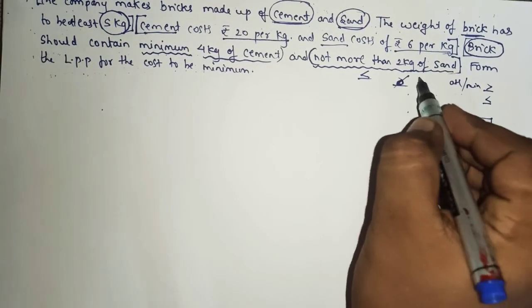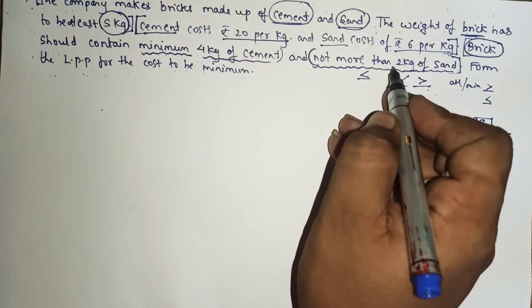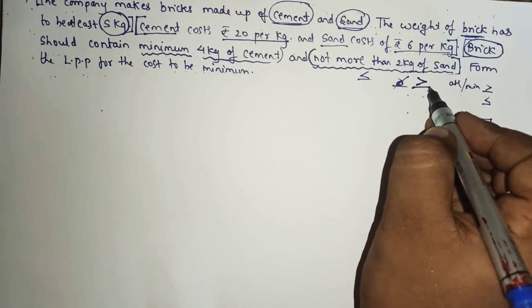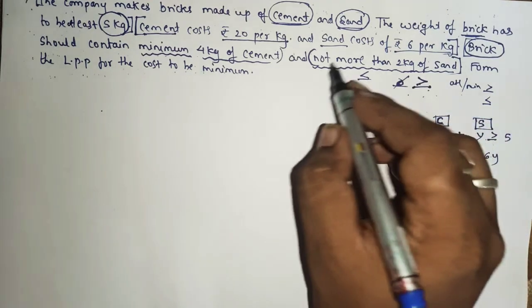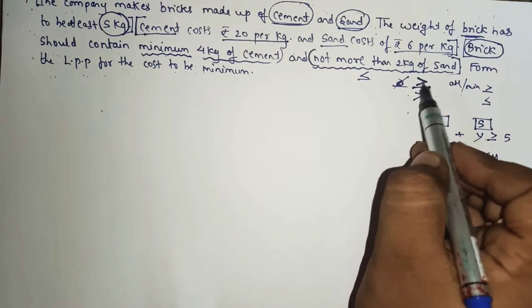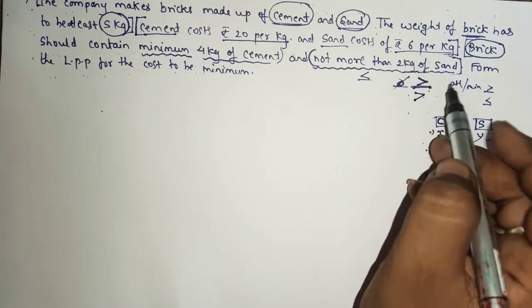Okay, this is known as what? Greater than equal to. Not more than, not more. This is more than equal to. So not more than, so this is known as more than. So this is more than equal to, and this is more than. So not more than 2 kg